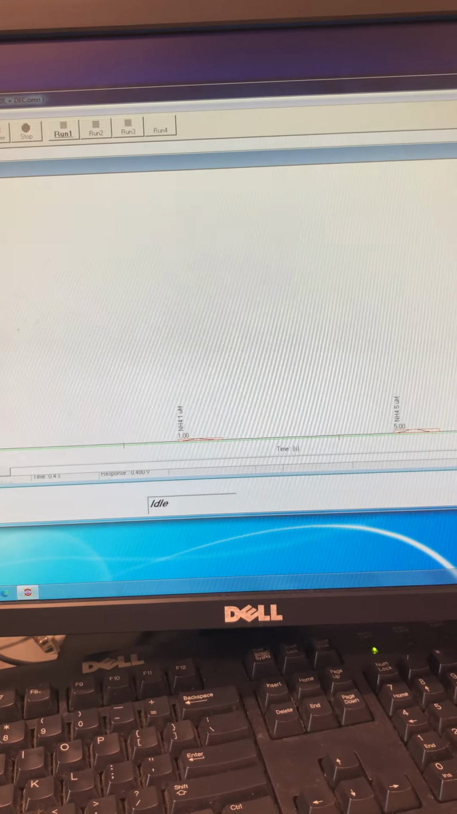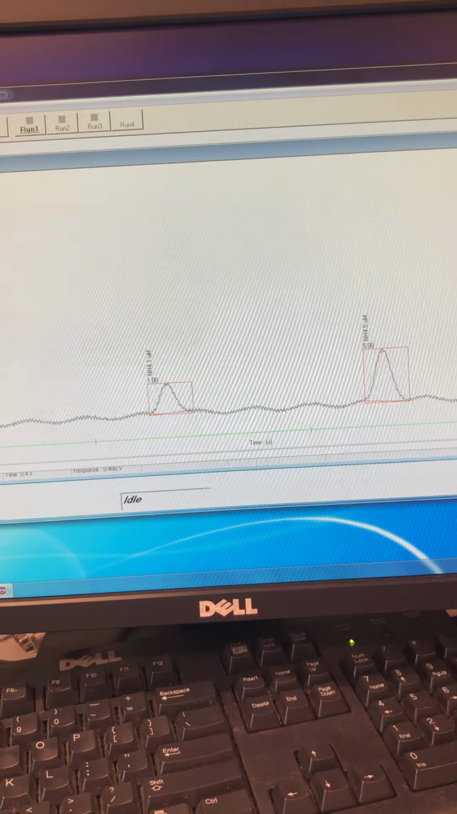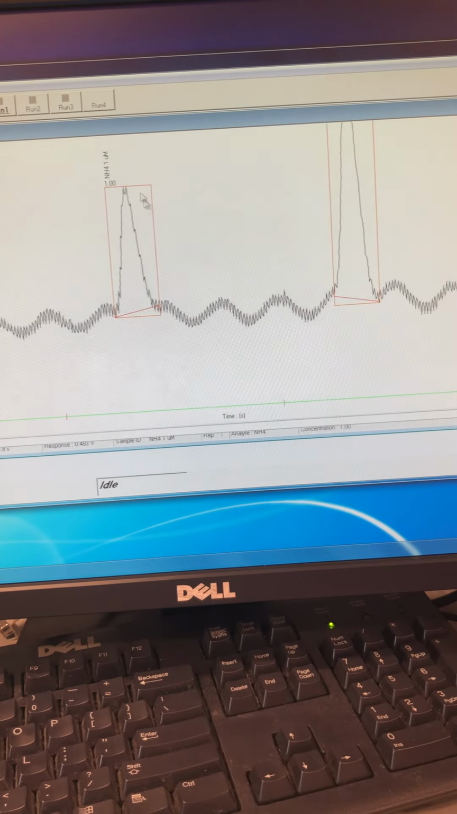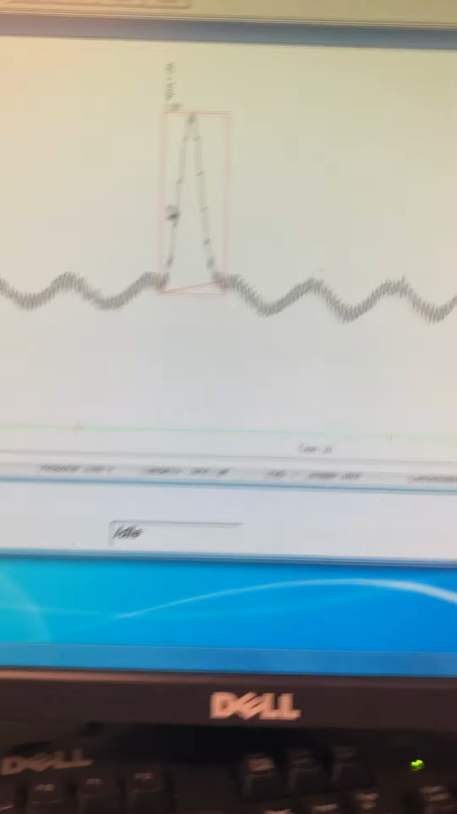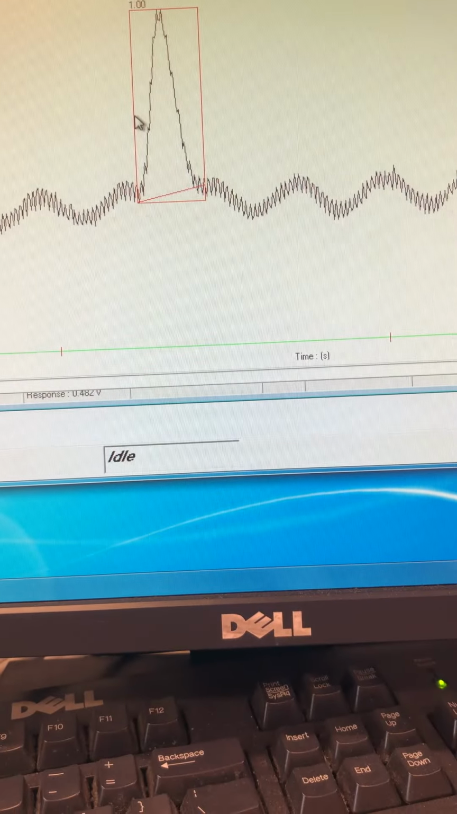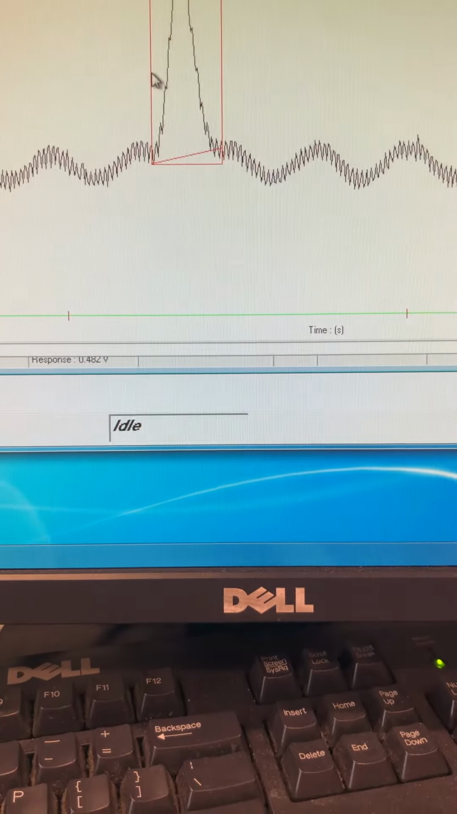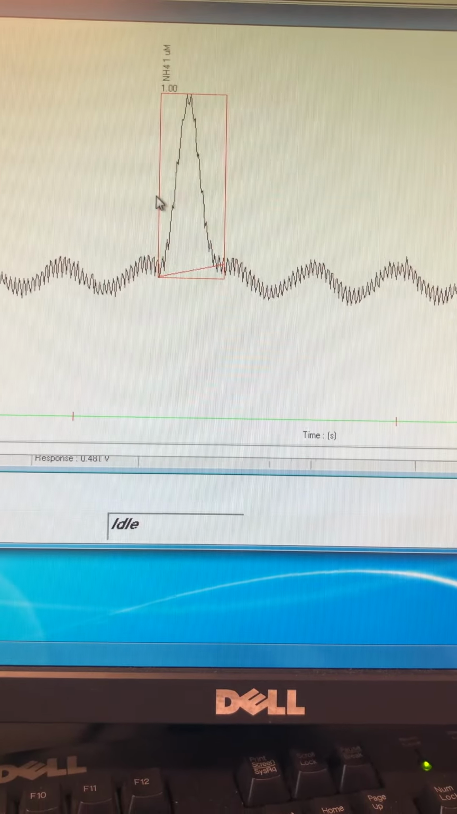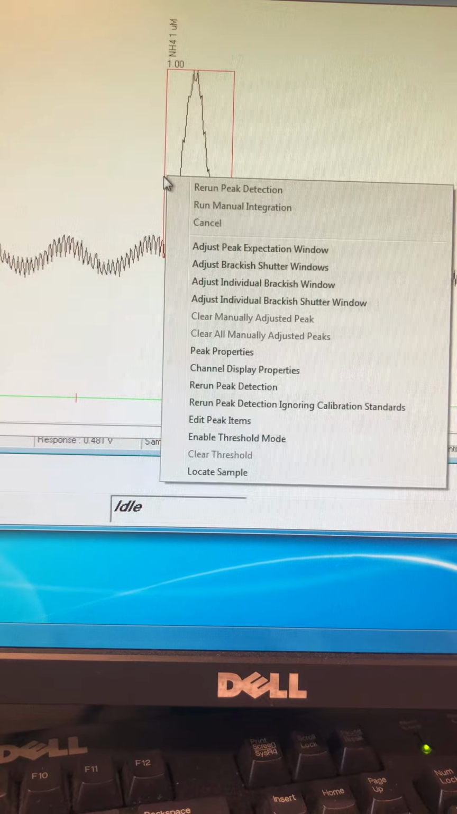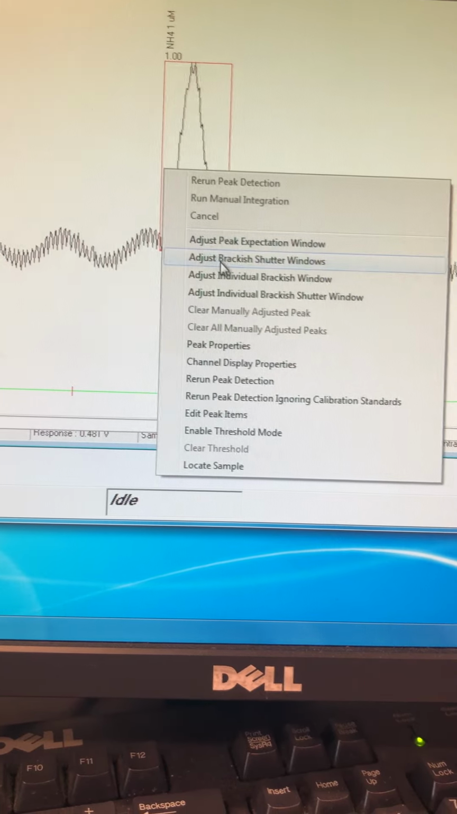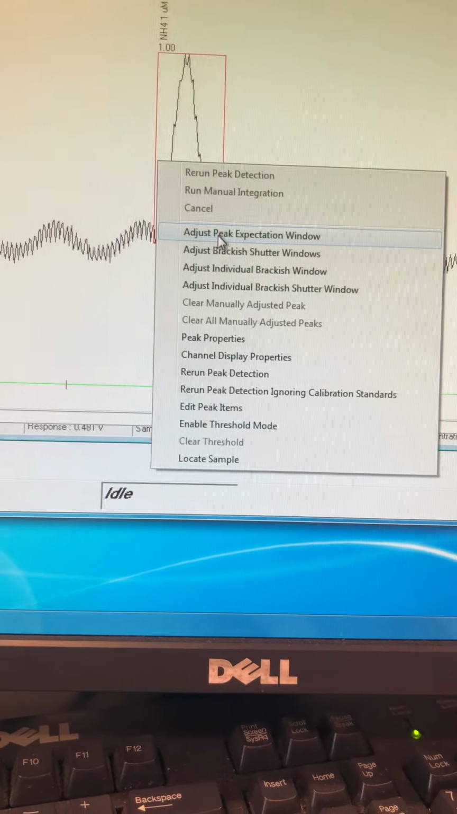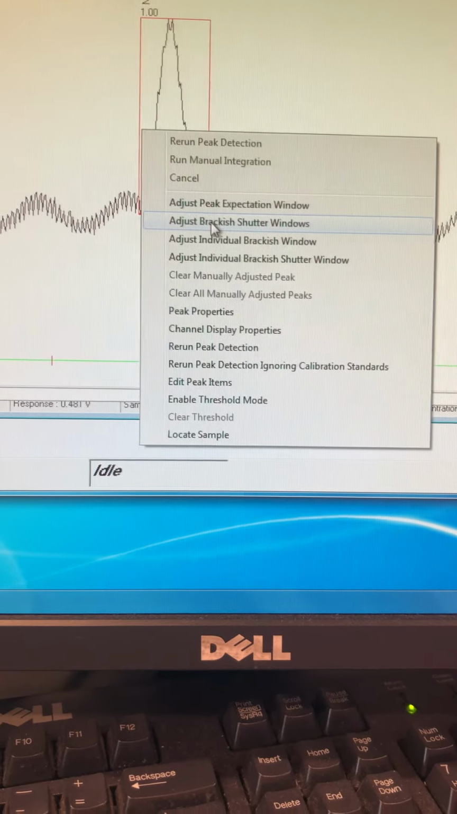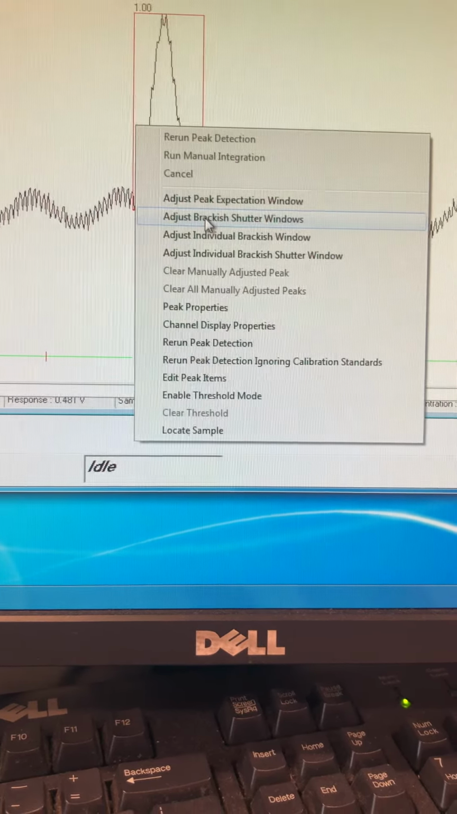You can also expand the y-axis, for example, if you were not able to really see the peak because it was so flattened. And here is where we will want to adjust the integration. That can be done both by specifying manual timings or by clicking this box. So we could choose adjust peak expectation window or adjust Brackish Shutter windows. We may not use the Brackish Shutter, but